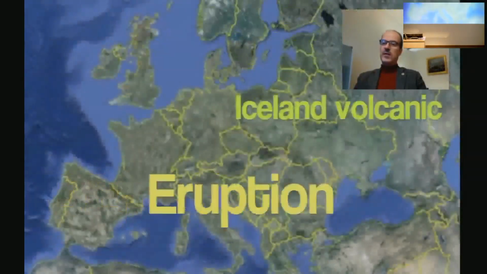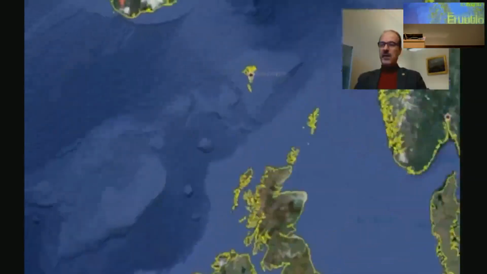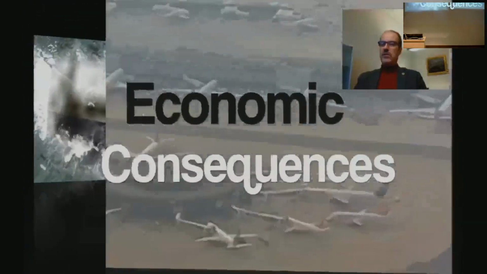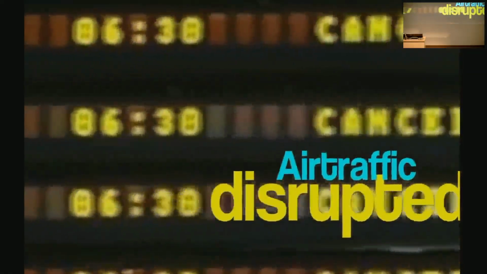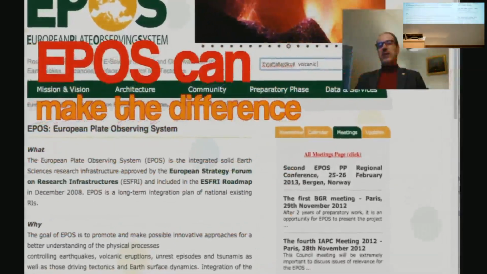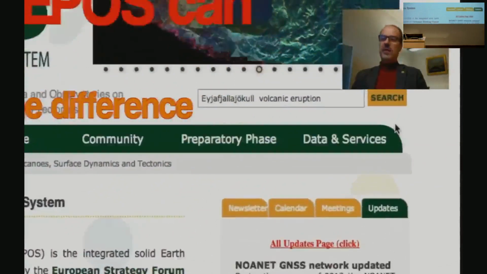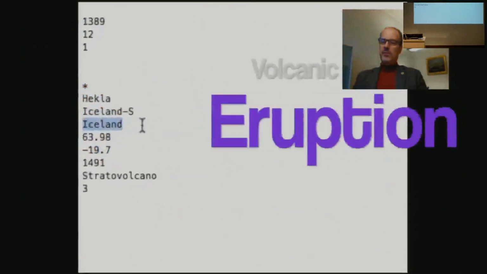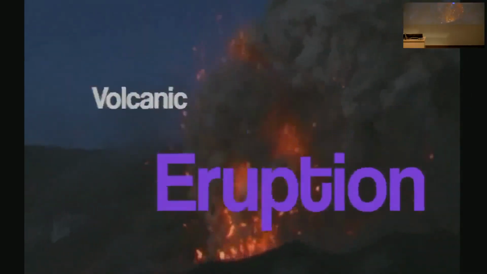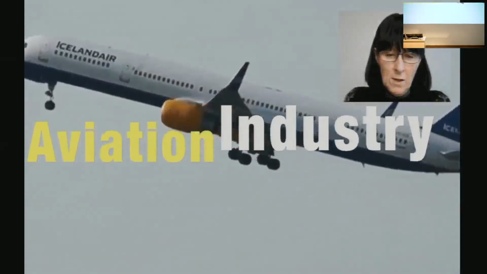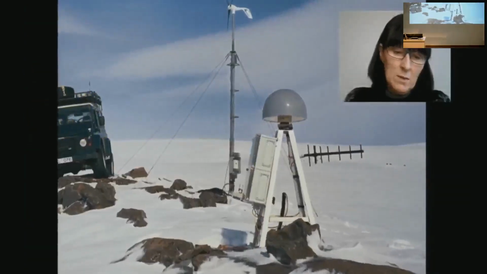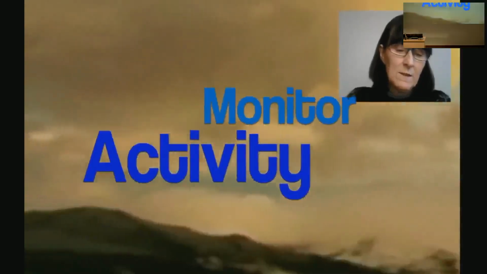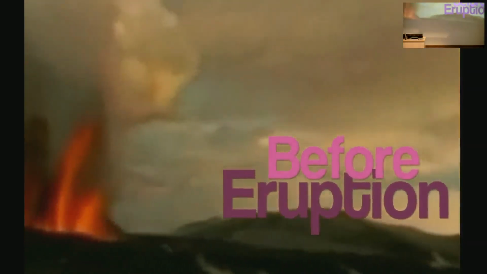We take the example of the last eruption in Iceland at Jülich. We have seen the economic consequences of this event where the entire air traffic was completely disrupted. Infrastructure like EPOS can really make a difference in this case, in the sense that we are able to analyze and understand the upcoming processes before a volcanic eruption. The aviation industry definitely is interested because our networks are monitoring the activity of the volcanoes before an eruption started.